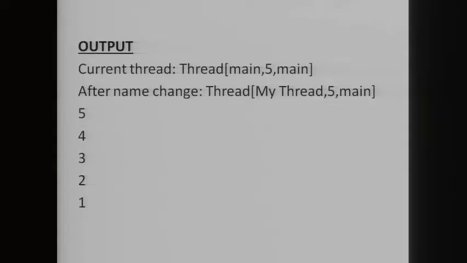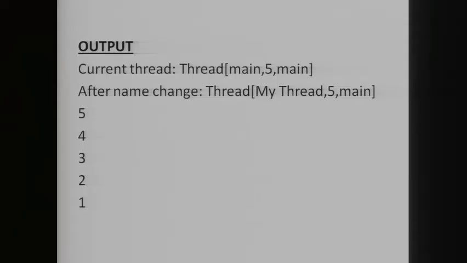Here is the output generated by this program, and notice the output produced when t is used as an argument to println. This gets displayed in order: the name of the thread, its priority, and the name of its group.